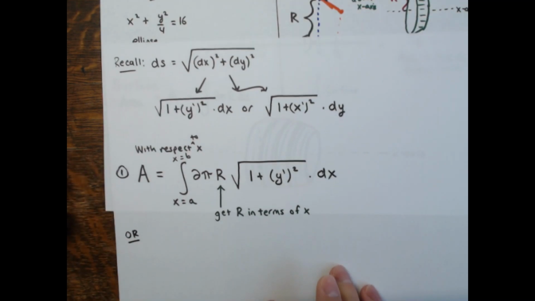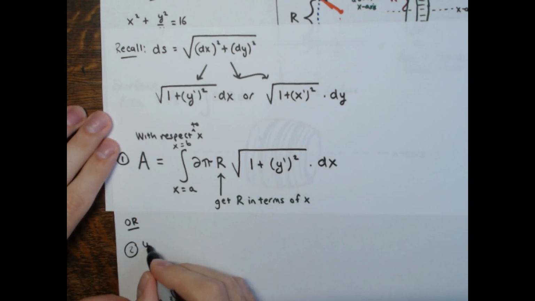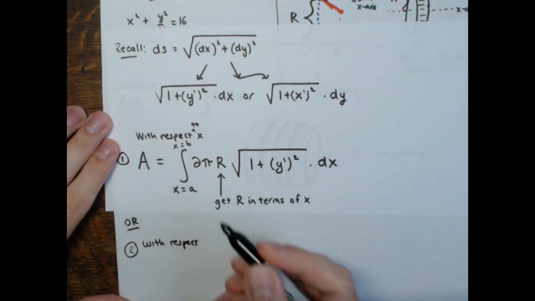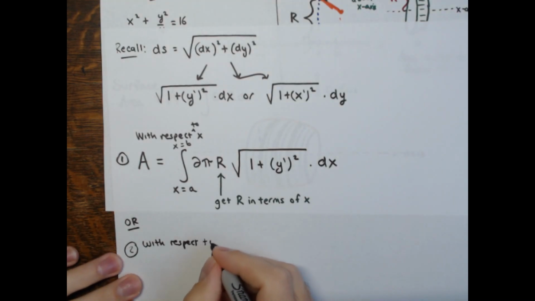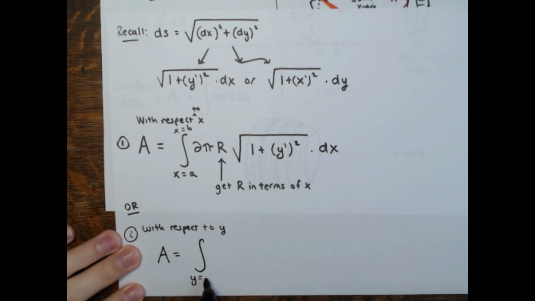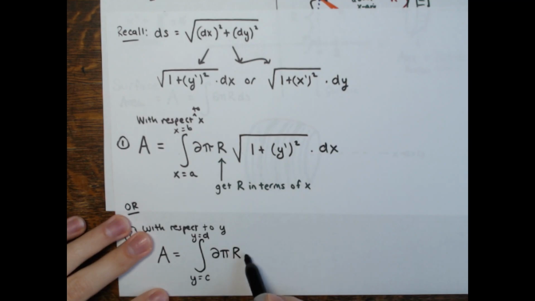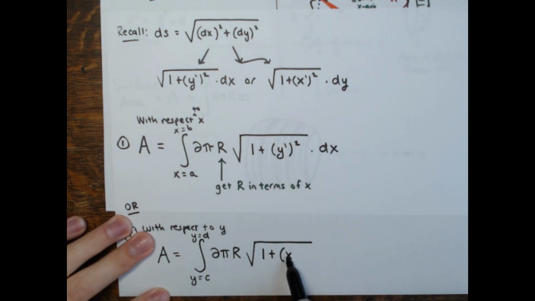Or we can set up the integral for the surface area created by rotating some curve around an axis. I could do it with respect to y as well. And you should be able to set up both. For a lot of these, you could set up both, and they'll give you two different integrals. They might look similar, but they should end up giving you the same value. So this is with respect to y. The area of the surface of revolution is some integral from y equals c to y equals d of, again, the circumference of rotation, 2 pi r, times ds. I'm writing ds this way with the dy and x prime, the square root of 1 plus x prime squared,